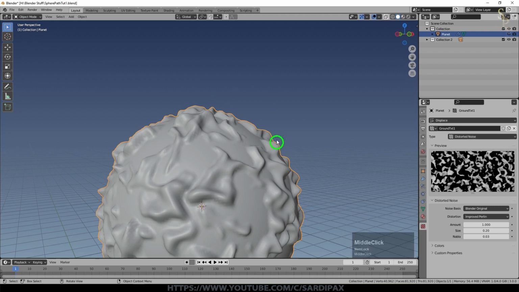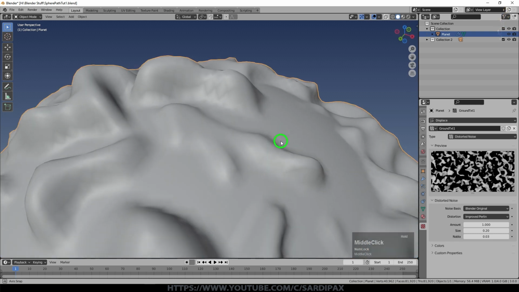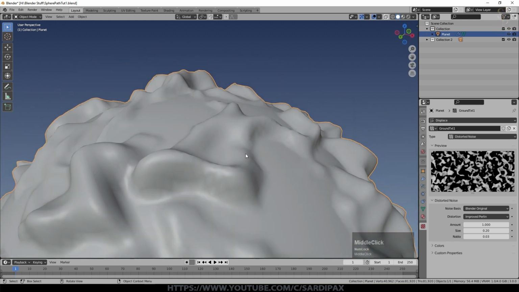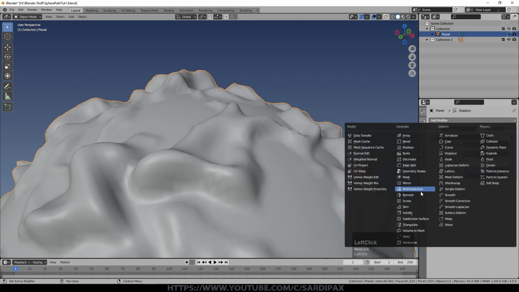And because I added enough geometry, I added 7 subdivisions, that's already given me a reasonably good sphere. You may need to go back to your modifiers and add another modifier, which would be a subdivision surface modifier, and that may be a better thing to do rather than add the amount of geometry that I did. You can get away with it more easily with Blender 3 because it handles large meshes better, but you can see even here just adding a subdivision surface is taking a little while.